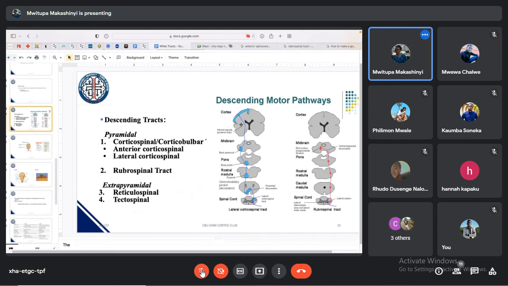So there's the descending tracts. We already know that they are responsible for motor. They're responsible for movement, and so they take instructions. They take information from your brain to the rest of your body. So all the way down through your spinal cord at different levels. So the corticospinal and corticobulbar tracts are some of the main descending tracts. They're usually used interchangeably, except corticobulbar deals with your head and neck, and then corticospinal deals with the rest of your body. So they have the same pathway, like the exact same pathway,